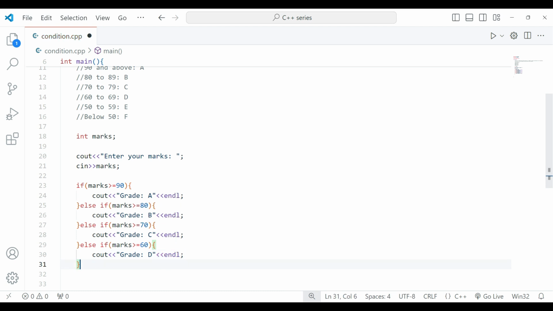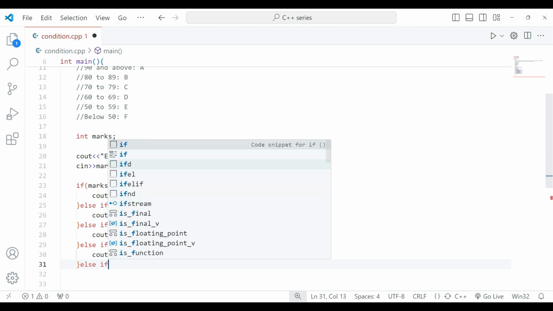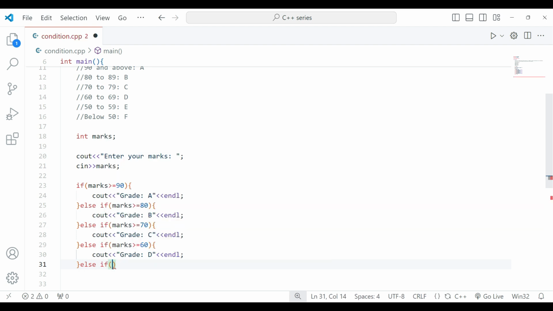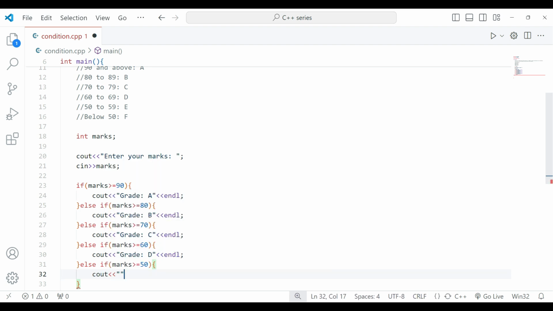and after that we have the parameter 50 to 59. Again we are using else if. Else if, that means what? It should be greater than or equal to 50, right? So marks should be greater than or equal to 50. Then cout, or we have to print out grade E. Okay,